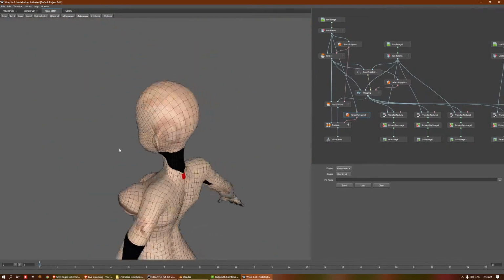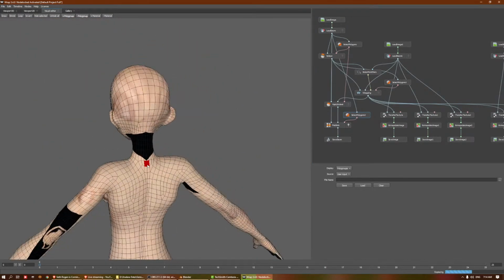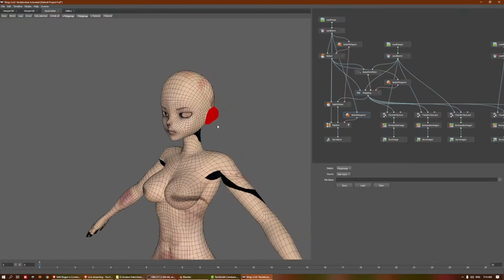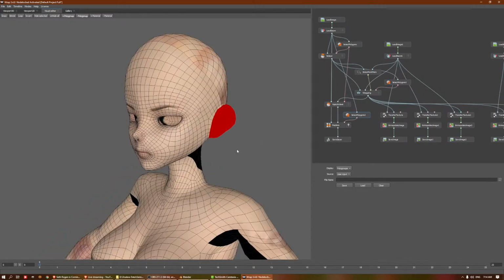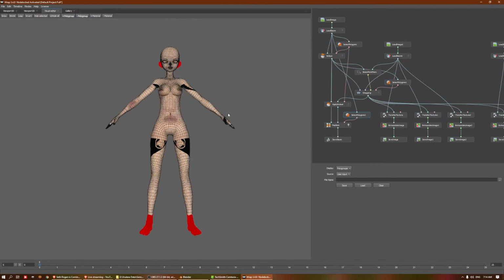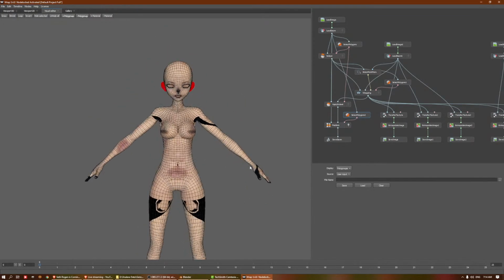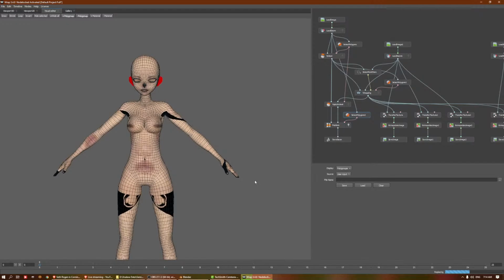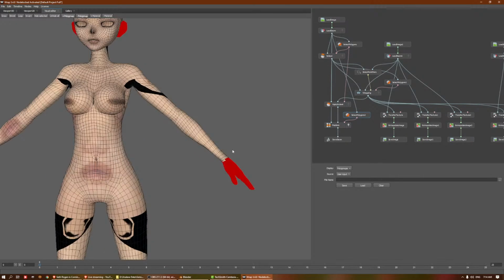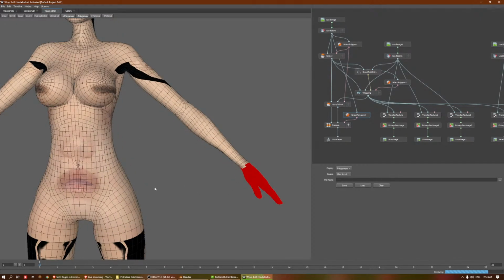Yeah, the teeth and the mouth seem okay. So I will also replace the ears, because as I mentioned in the last video, the ears you can actually push back in place, even though the base mesh is basically just a flat disk of a mesh, right? And the hands,